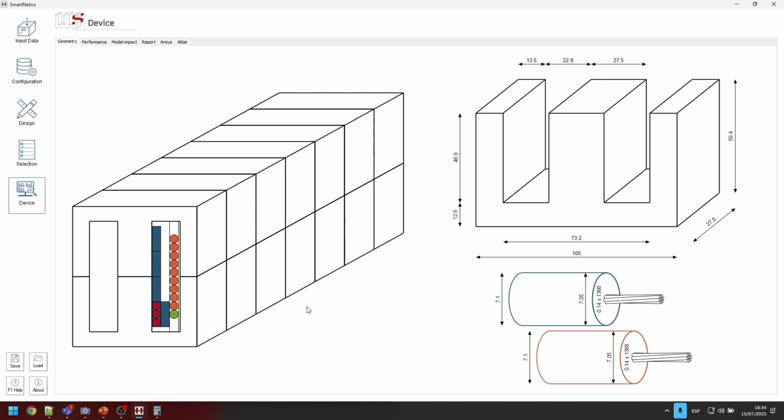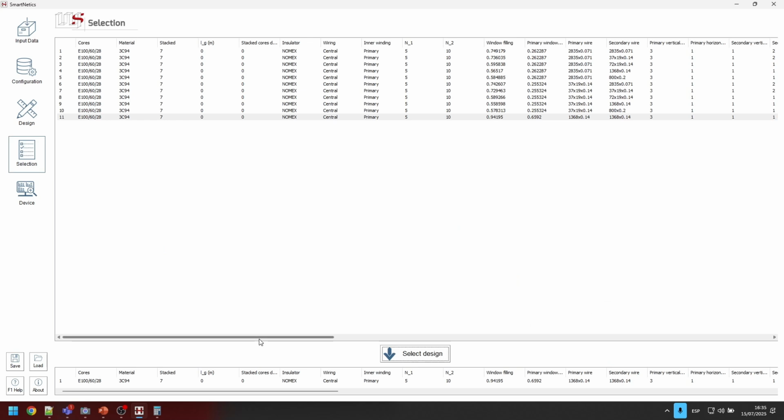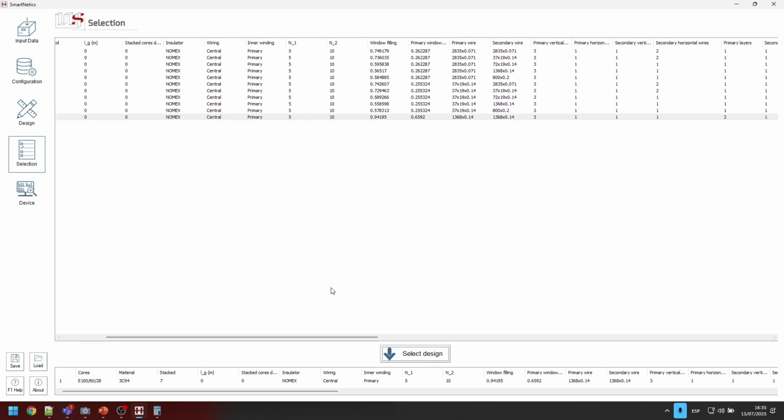So we can assume that this device is very close to the one we really have in here, okay? So this is the first step I wanted to show you today: how to reproduce your real design. This way, you can not only know your device, you can also manufacture more devices because you know how to do it. You can do slight modifications of your device because let's say you don't have this wire anymore or this wire is expensive for any reason. You can see in here how to make devices that are very close to the one you have, but with slight differences.